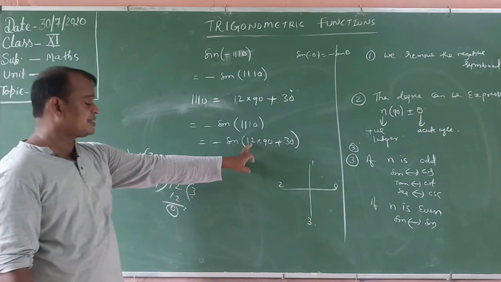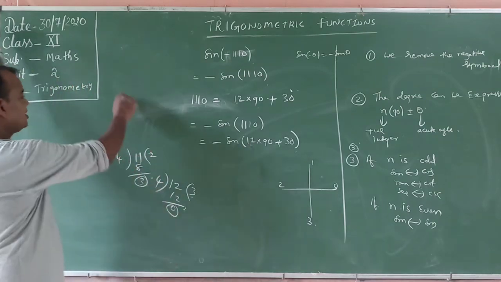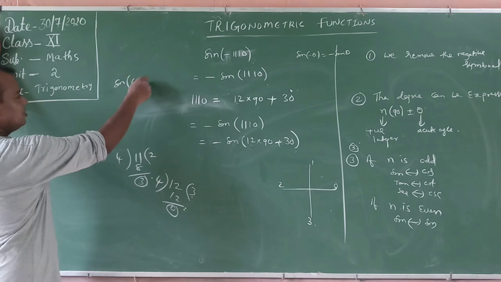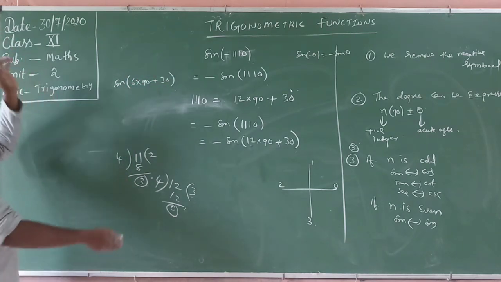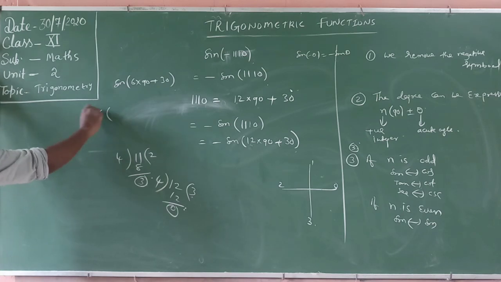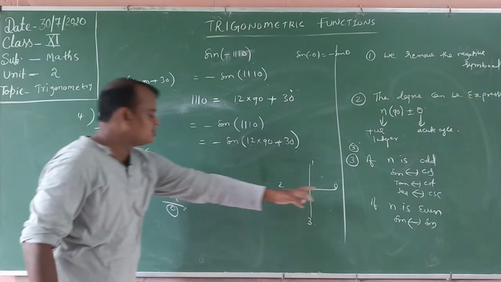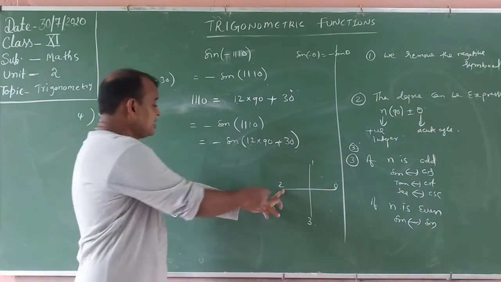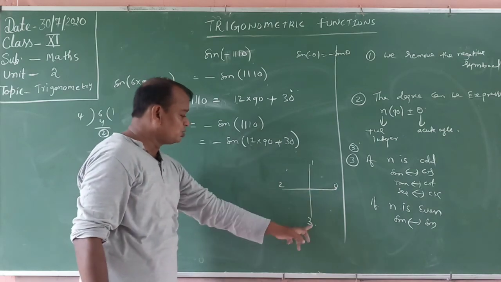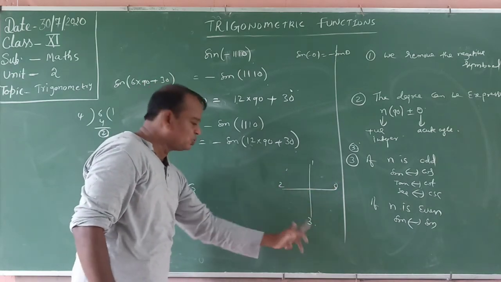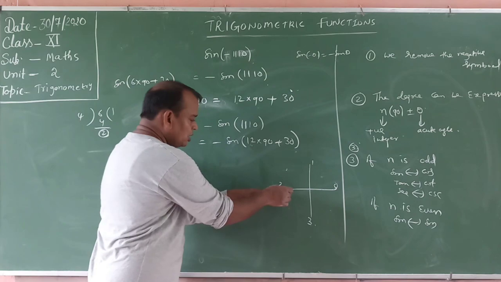Suppose 6: sine of 6 into 90 plus 30, what happens? 6 is divided by 4: 4 ones are 4, remainder is 2. Now this angle is in the second or third? The remainders are 0, 1, 2, 3. Here the remainder is 2, and 2 remainder means